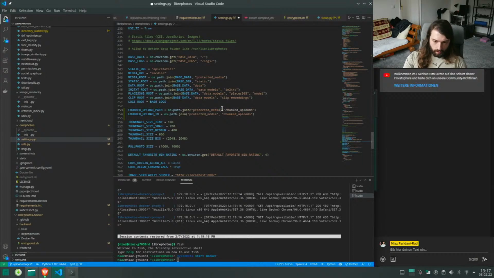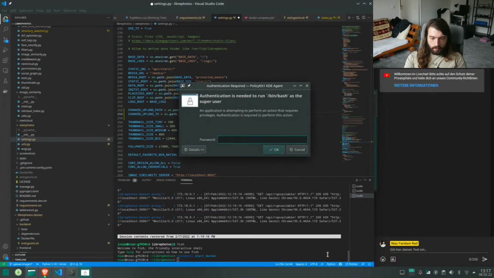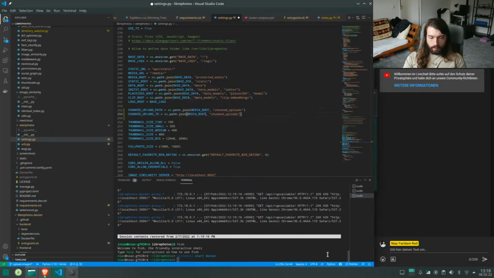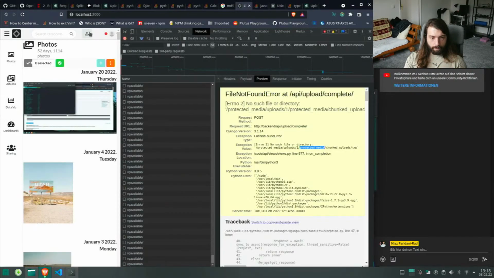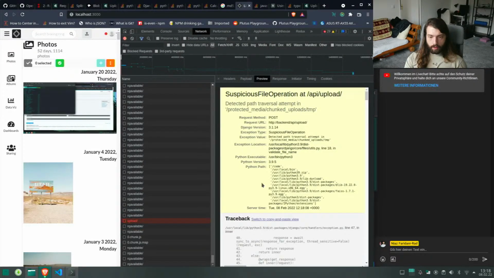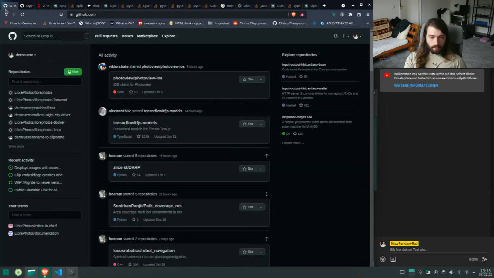So yeah, then he just says suspicious file operation. And like that's an issue. Like that's really an issue, because if I can't have a straight